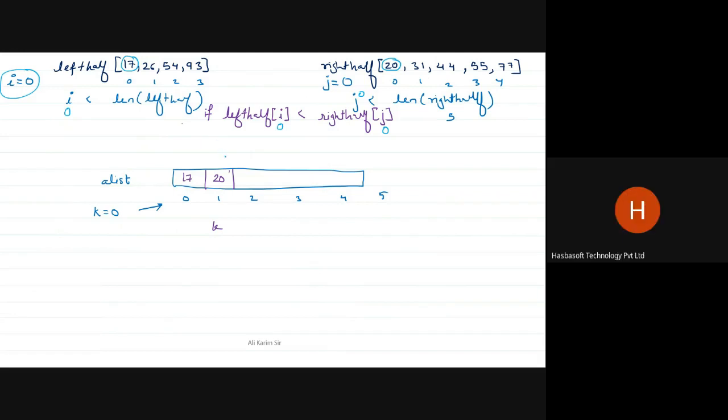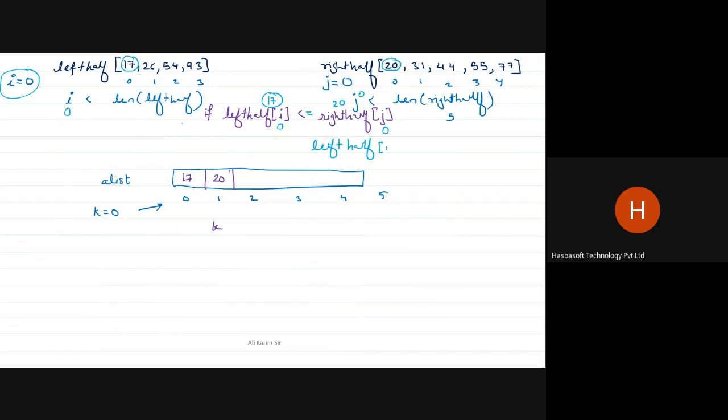Okay, great. Now, whichever is less, I need to also put an equal to in this case to handle some conditions. If i is small, in this case we got to know that 17 is here, we have 20 here, and that means the i index value is small, right? So I have to take this